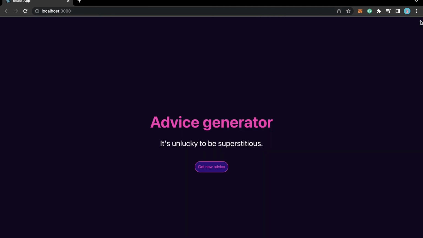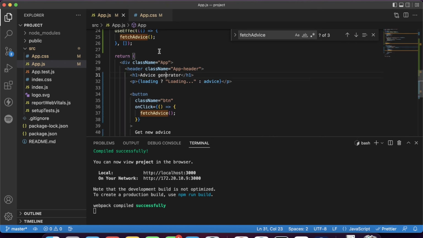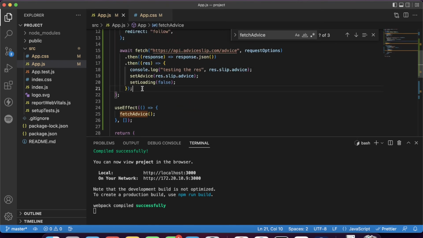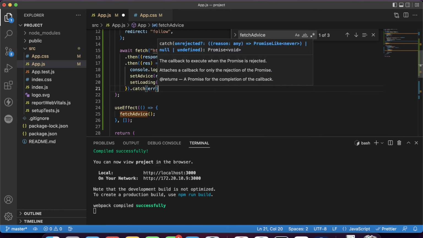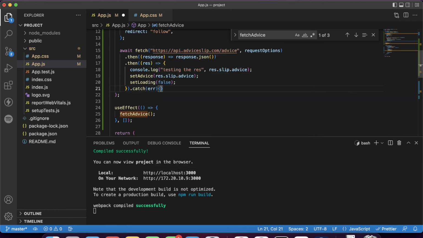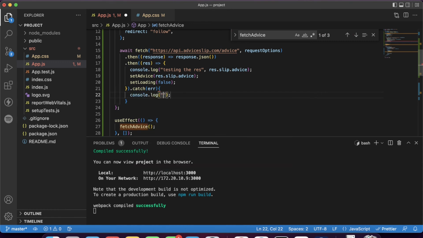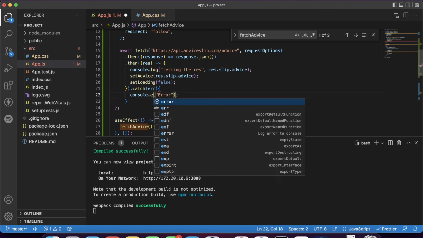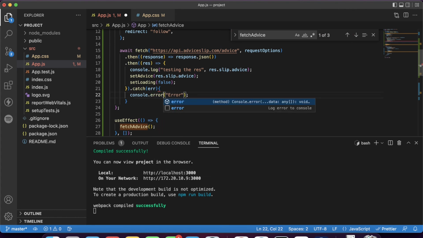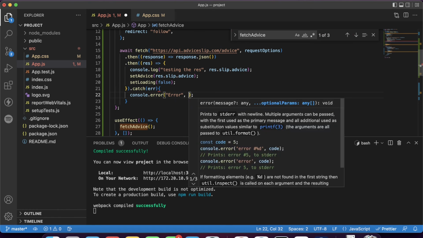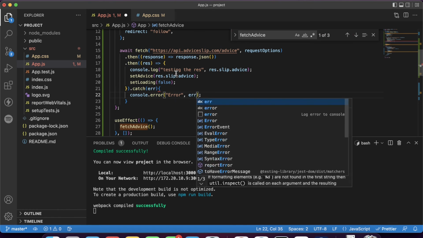Okay, so yeah, this is pretty much it. One small thing that I forgot to implement was the catch function. So to implement that, I'll just call this dot catch, and let's just set up a log, and let's say error, and I'll use console.error.